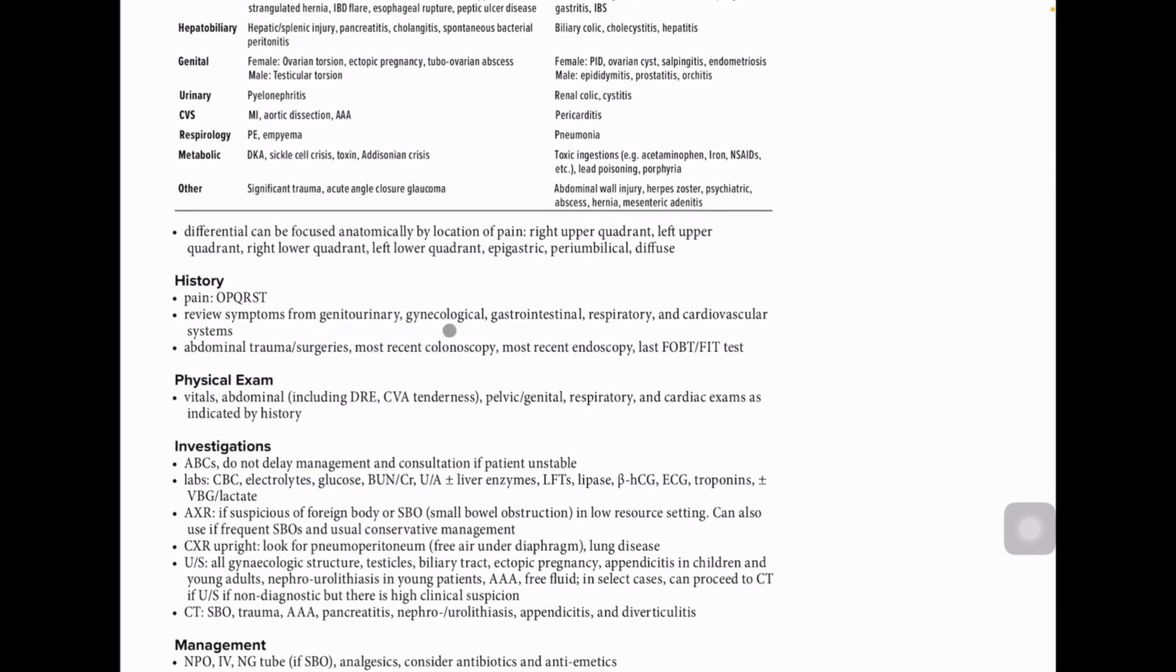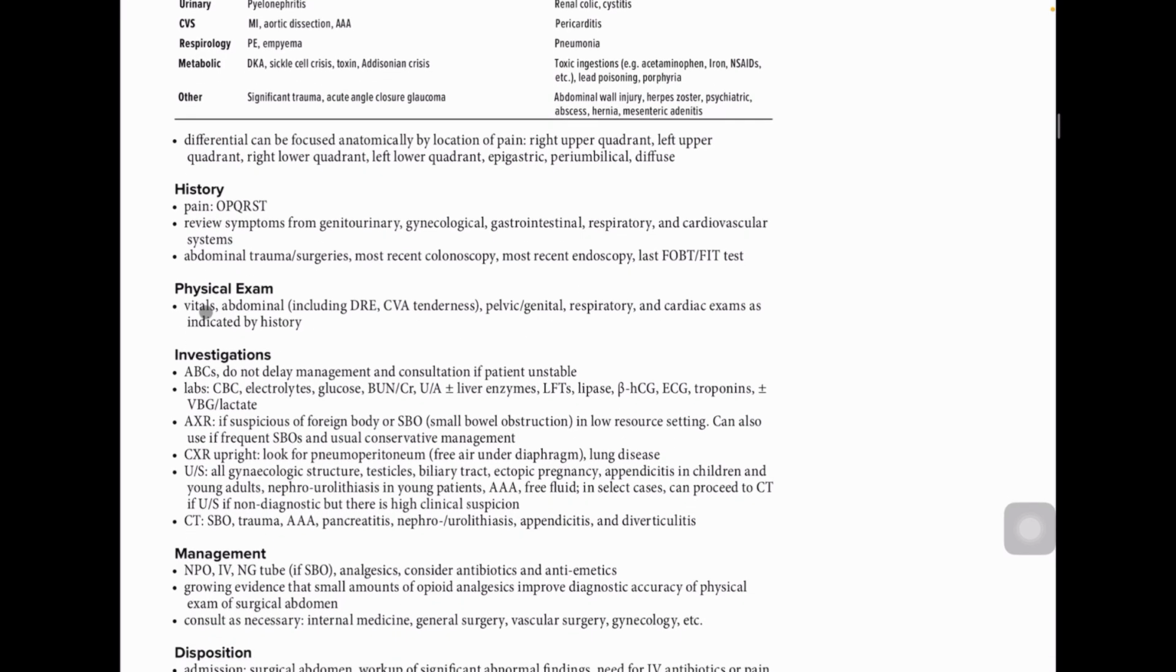Review symptoms from genital, urinary, gynecological, GI, respiratory, cardiovascular symptoms. Abdominal trauma, surgeries, most recent colonoscopy, most recent endoscopy, last FOBT or FIT test. Okay, so you need to rule these things out. Most important thing is OPQRST of the pain, and then review of the symptoms, and then also the last colonoscopy, last FIT test, and